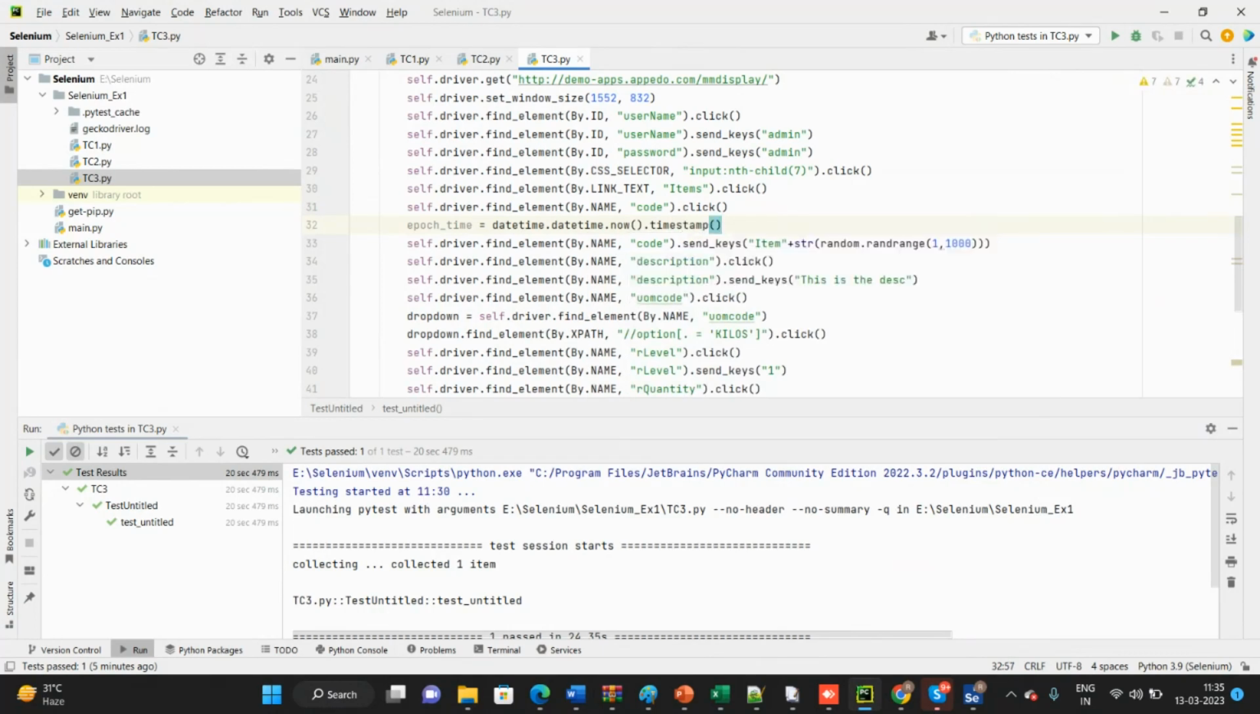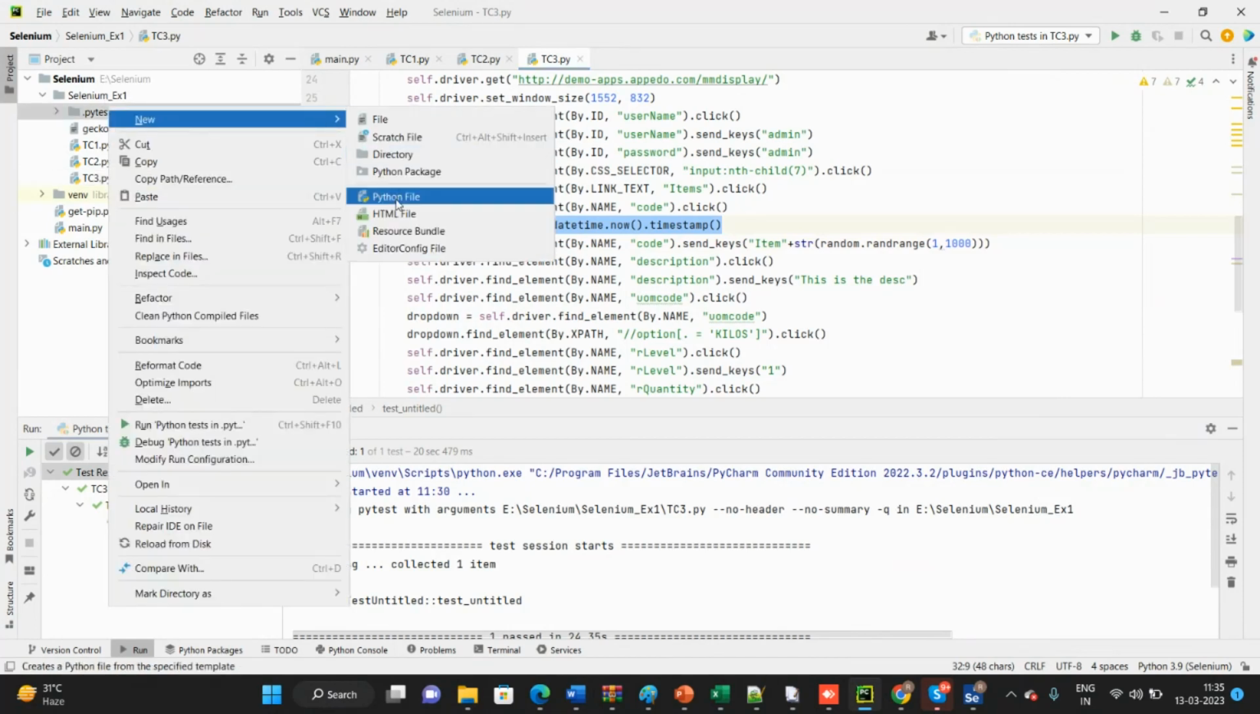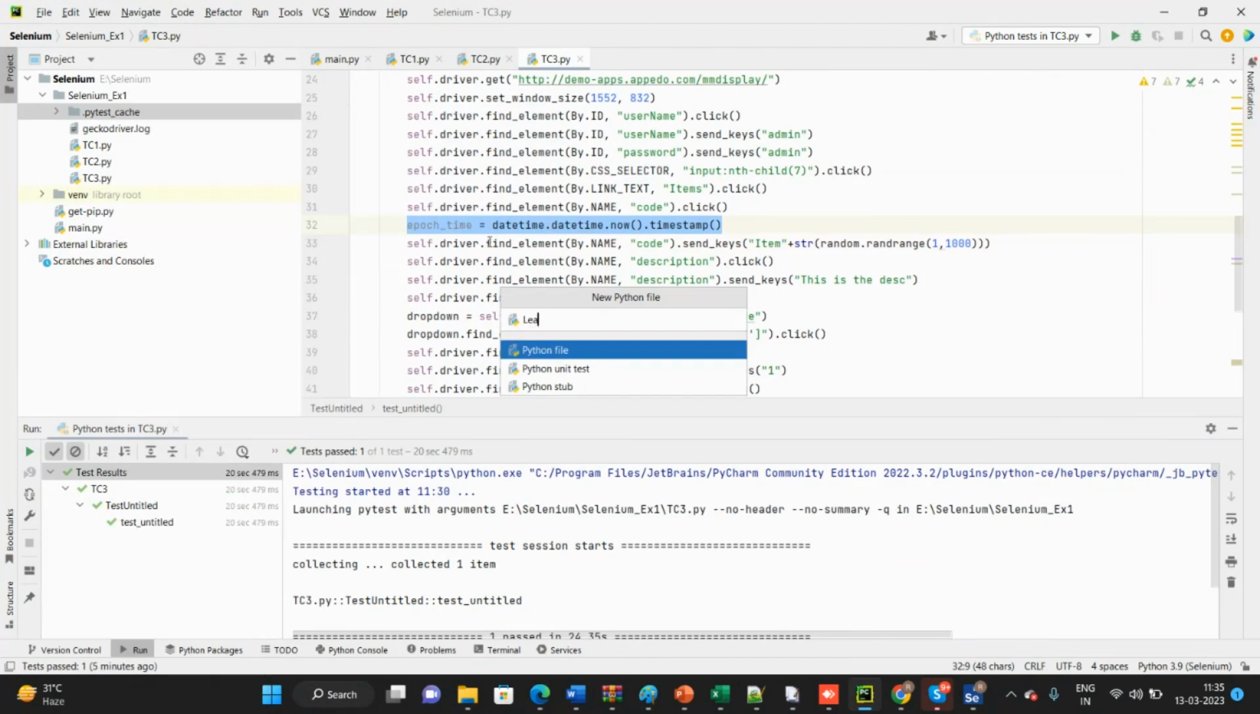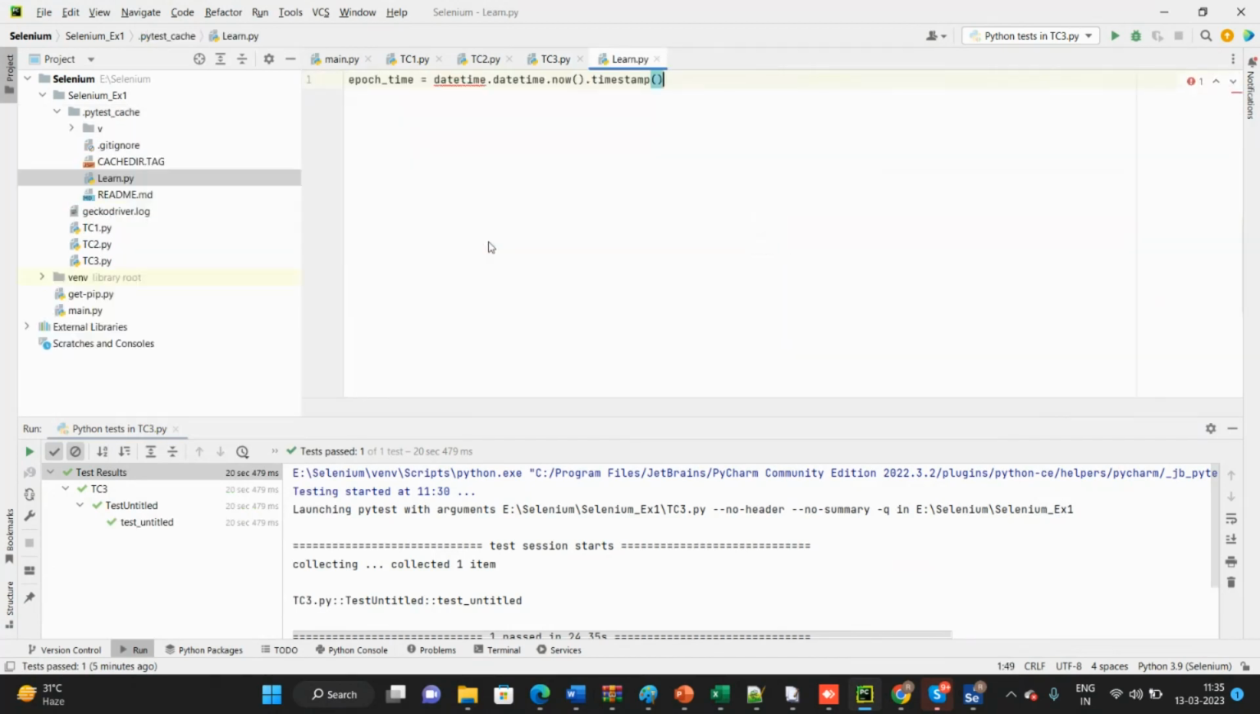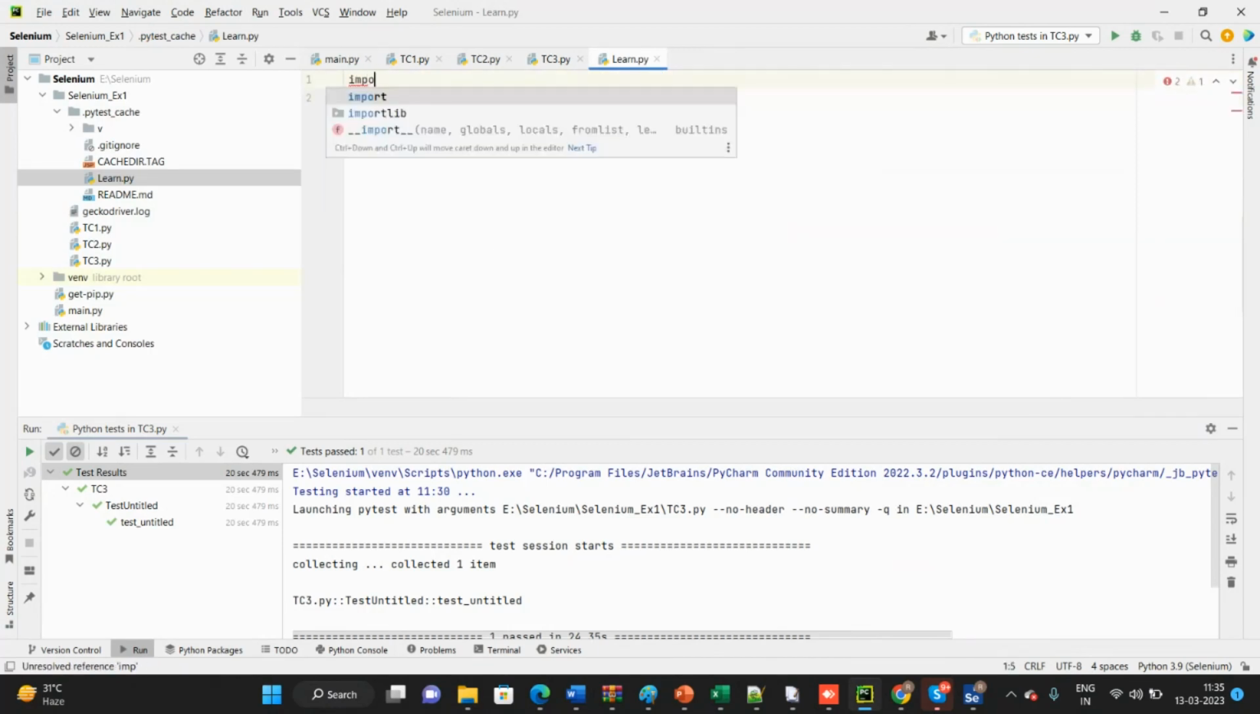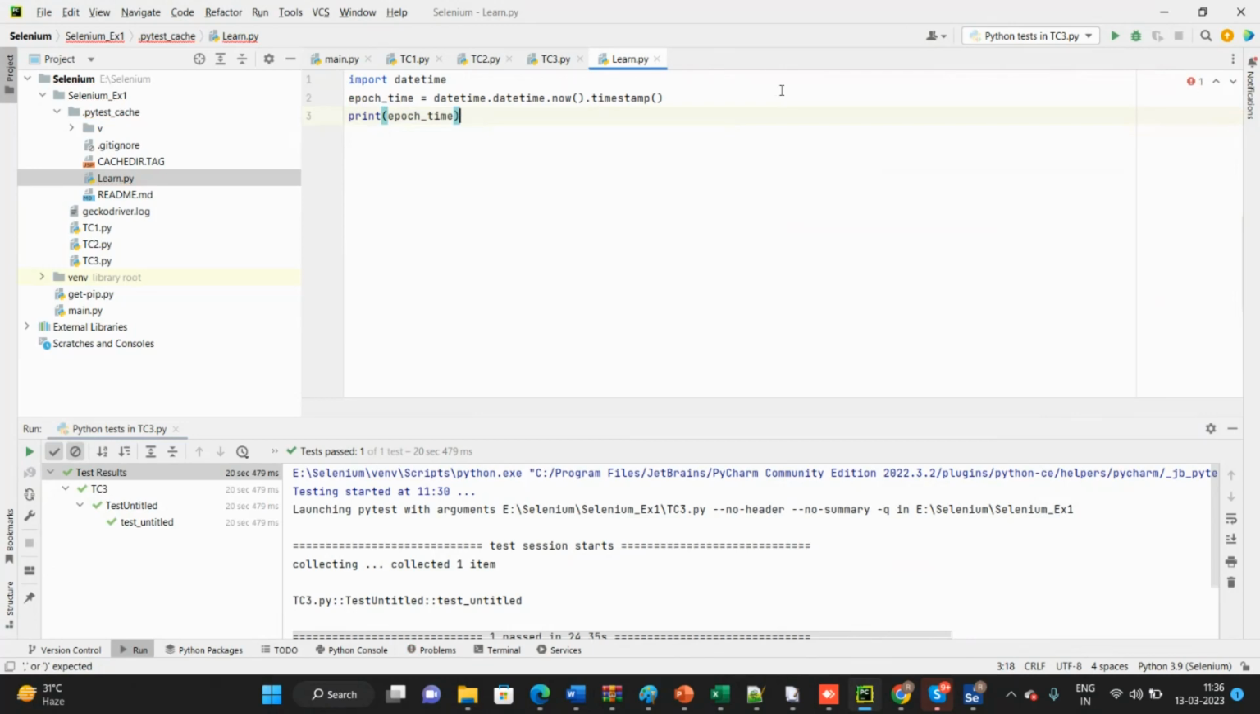Now if you write it like this, we will first try this separately. We will create a new simple Python file for our understanding. Here we'll have to import datetime. Now print epoch time. Now if you run this,